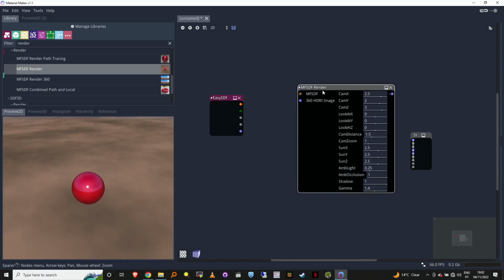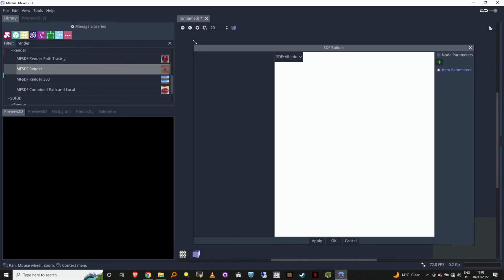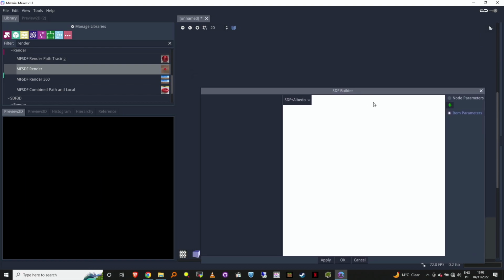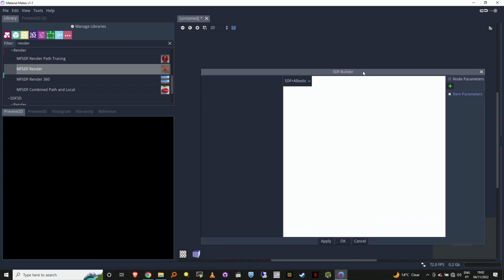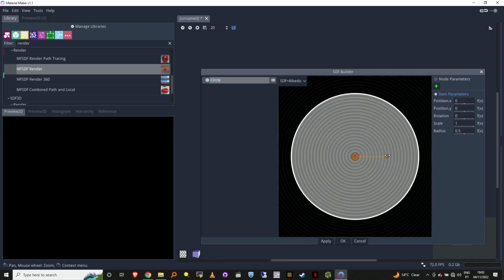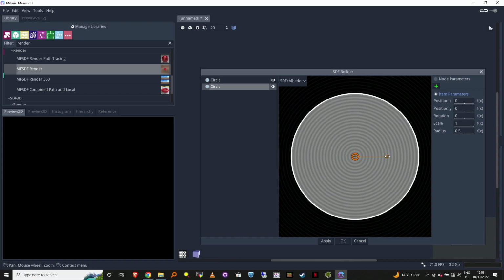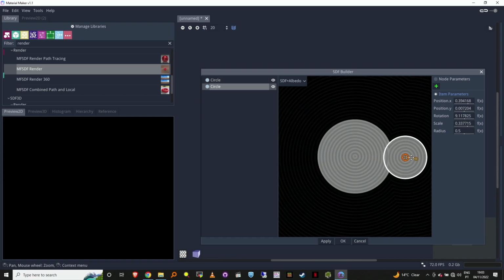So how does it work? You double click here, and this generates two kinds of functions: a 2D signed distance function or a 3D signed distance function. Right now it is in 2D mode by default. So if I create here, for example, a circle, it will generate this function. It's basically a tree that you can edit,